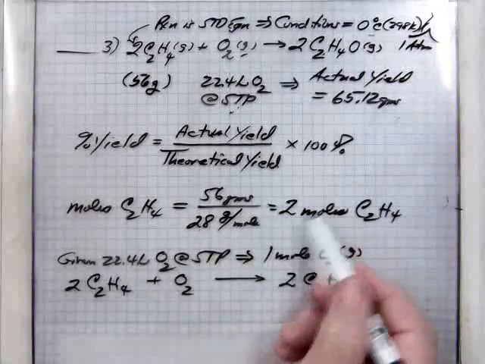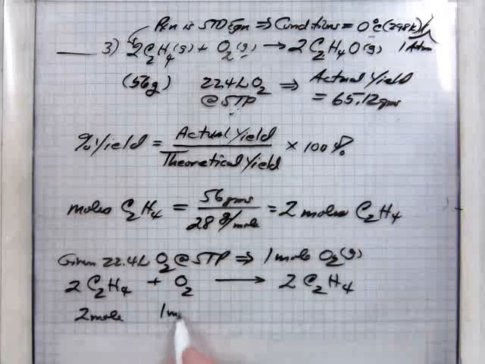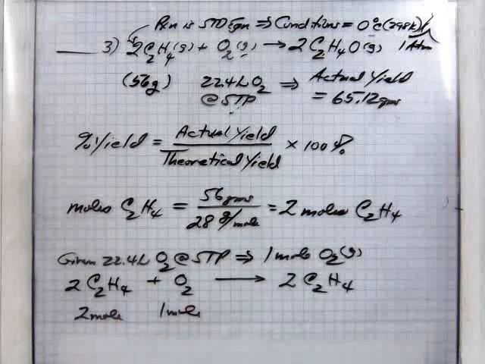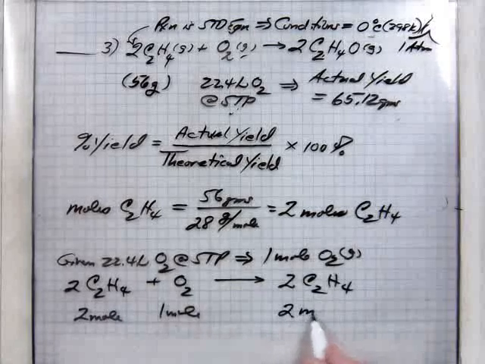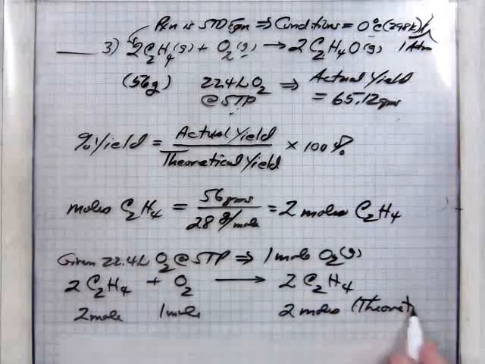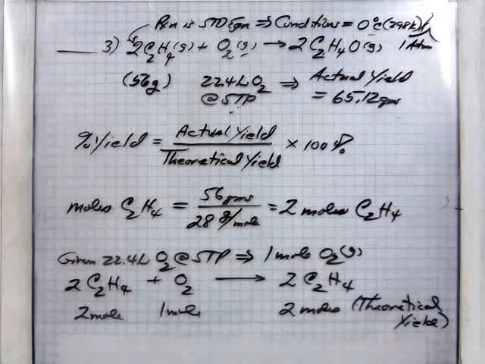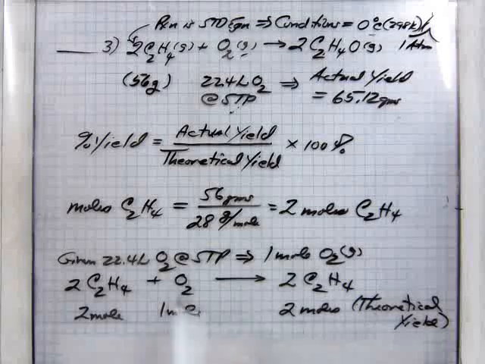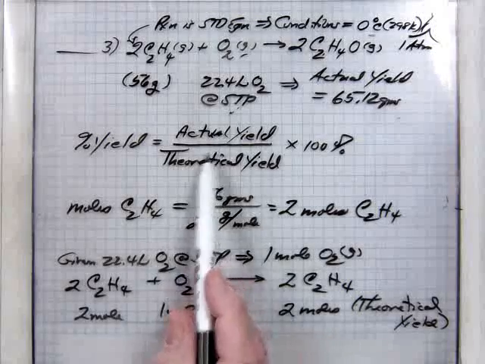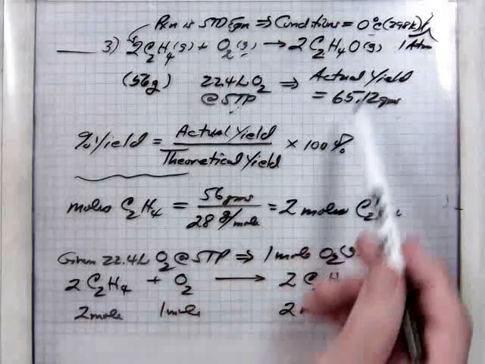So we're putting these into the equation. We have 2 moles, 1 mole, and so that is a stoichiometrically perfect calculation. 2 and 1, 2 and 1, so we get 2 moles theoretical yield. Okay, now in order to do the percent yield, we need it in grams because the actual yield was